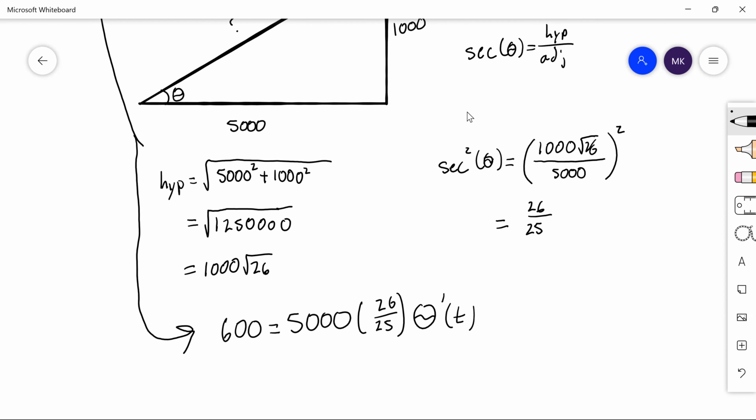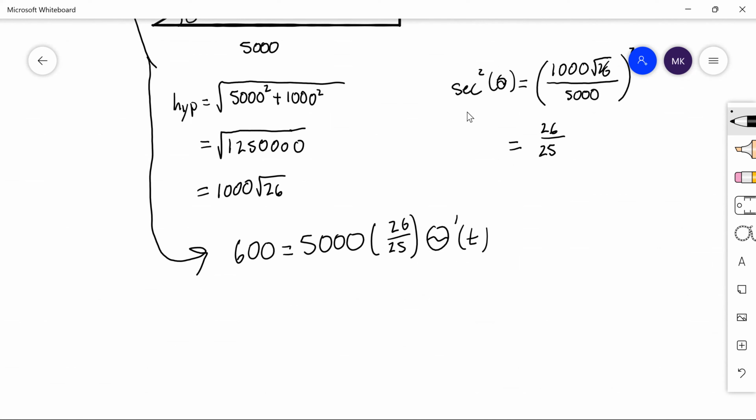So after some hard mathematics, we multiply our 5,000 times 26 over 25,